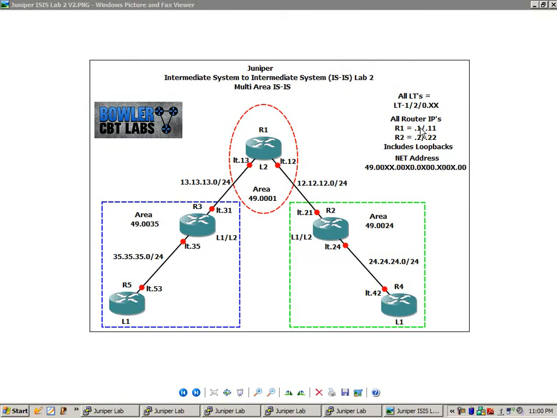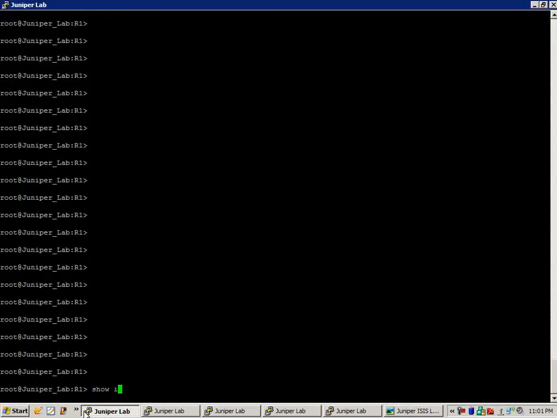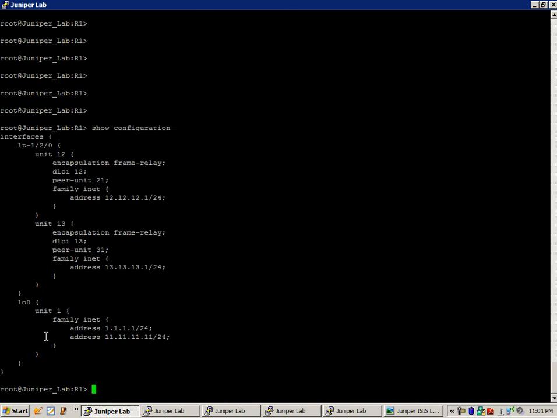And the router IPs are as follows. We have router 1 with the .1 IP address on all its interfaces, and what we're going to see is the .11 also on its loopback. So for instance, on router 1 we have loopback 0 unit 1. We have two. Let me just show you real fast. If we go to router 1, if we just do a show configuration, on R1 we have loopback 0 unit 1 with the IPv4 addresses of 1.1.1.1/24 and the